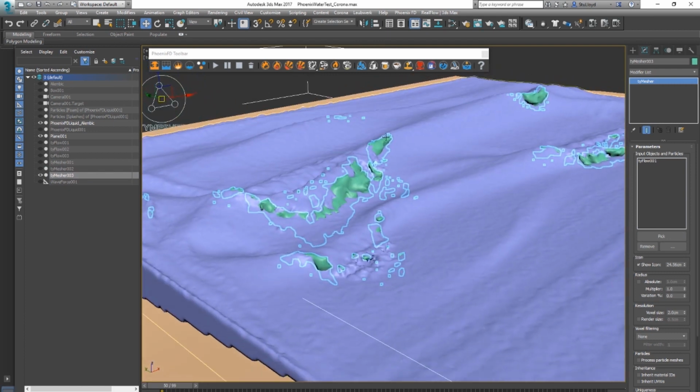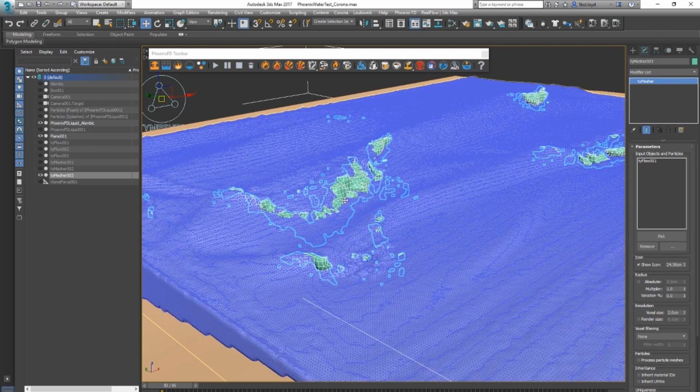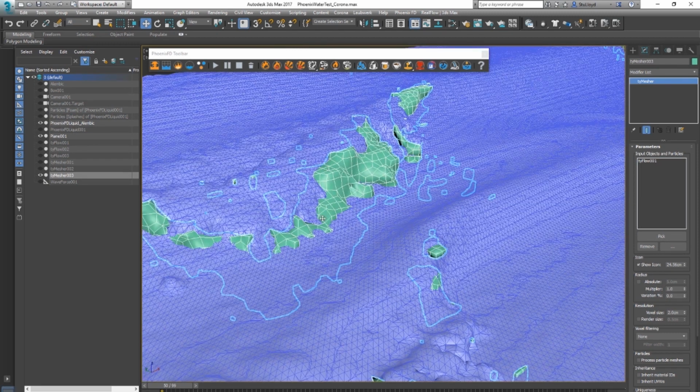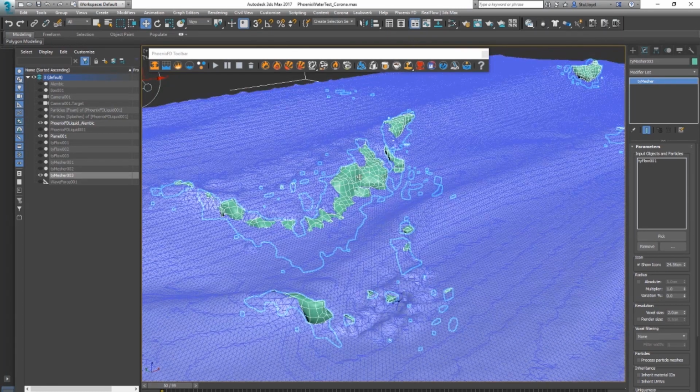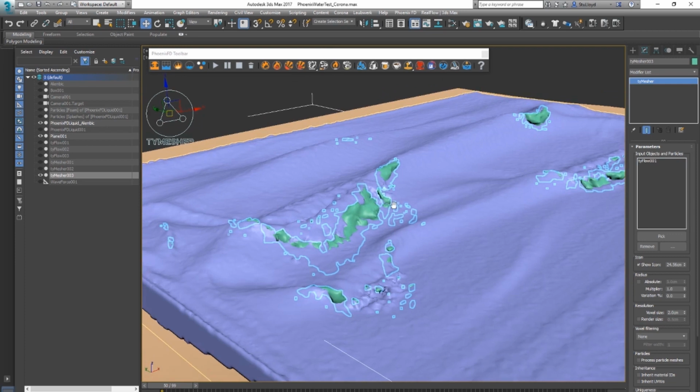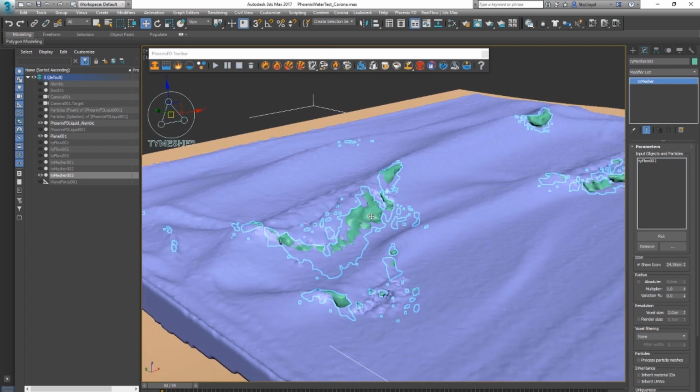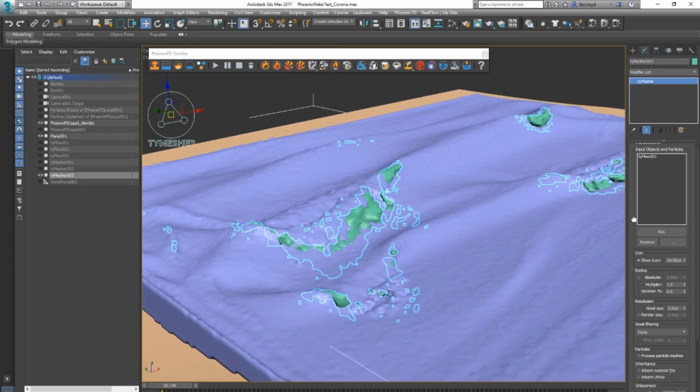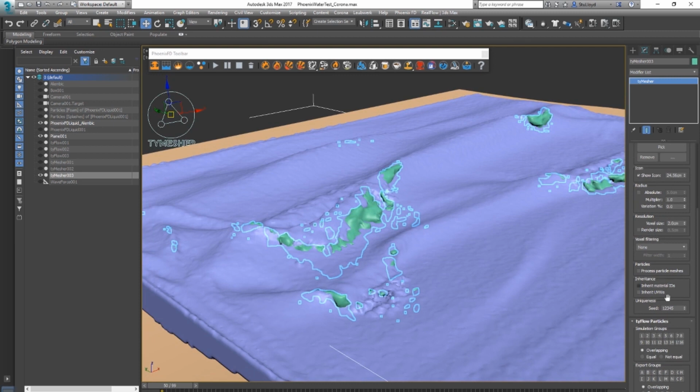So it's keeping the bulk of the shape of where the particles are, but where it's really dense, it's actually not that dense anymore. You can see it's just a simple mesh. So now we can chuck a volumetric material on this, and it will render, you know, 10 times faster than the other method. So now all we do is go into the Ty mesh settings,